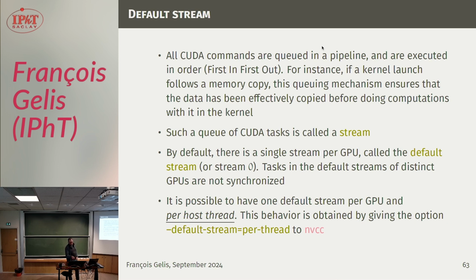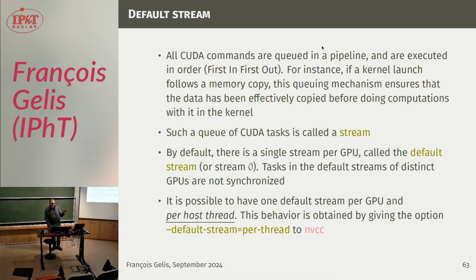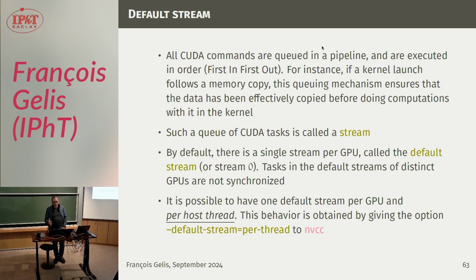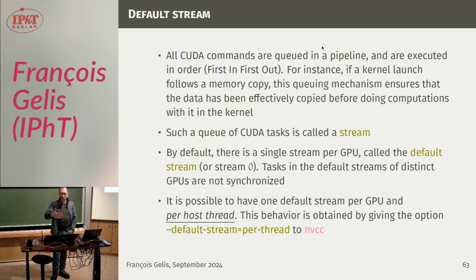So here, this is a stream, so it's like a flow of successive instructions. And by default, each GPU has a single stream. It's called the default stream. And it has an identifier which is just the number 0. And if you don't do anything special, all the tasks you submit to the GPU will be queued